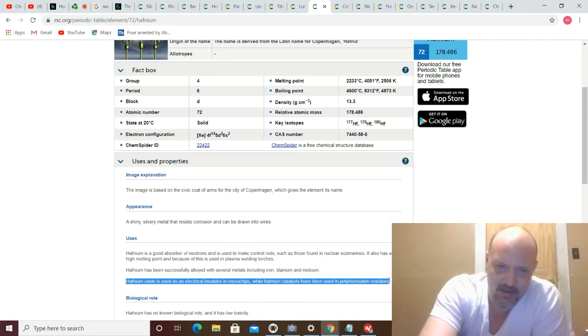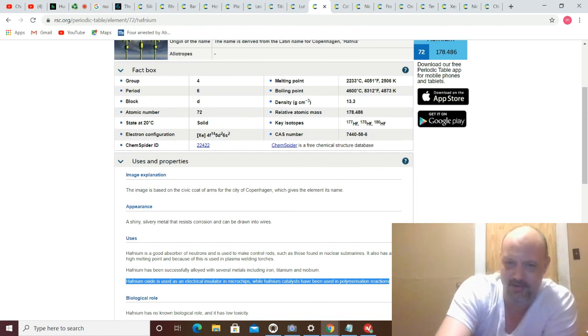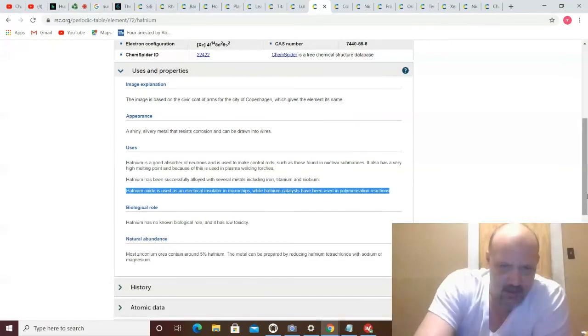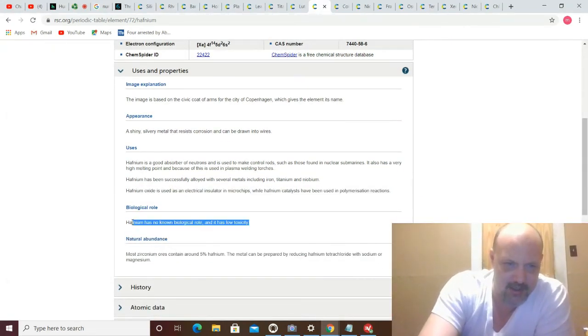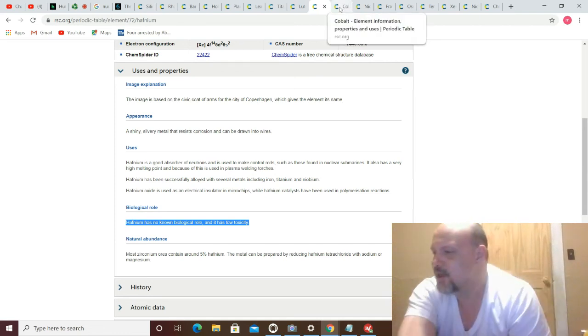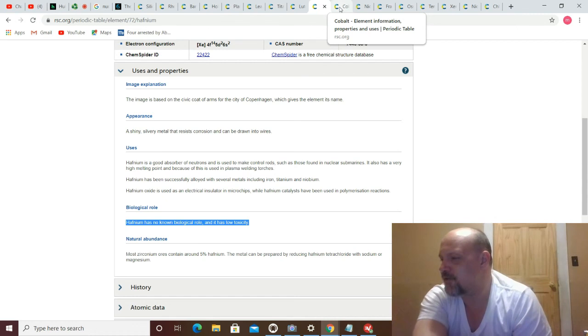Hafnium catalysts have been used in polymerization reactions. No known biological role and low toxicity, but toxicity nonetheless. But if you move on from that,